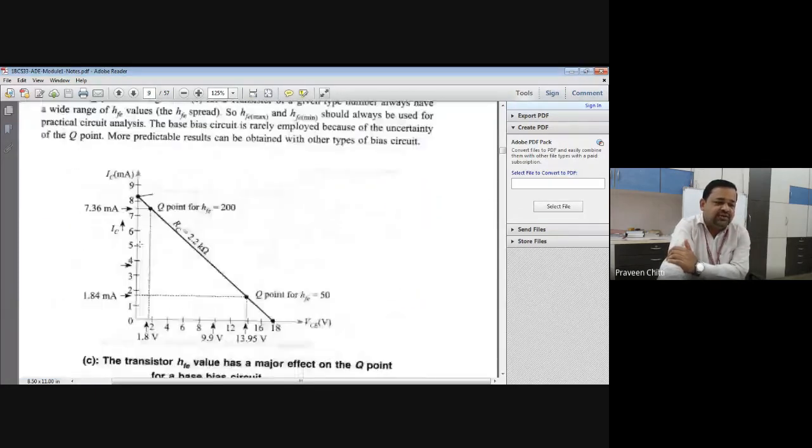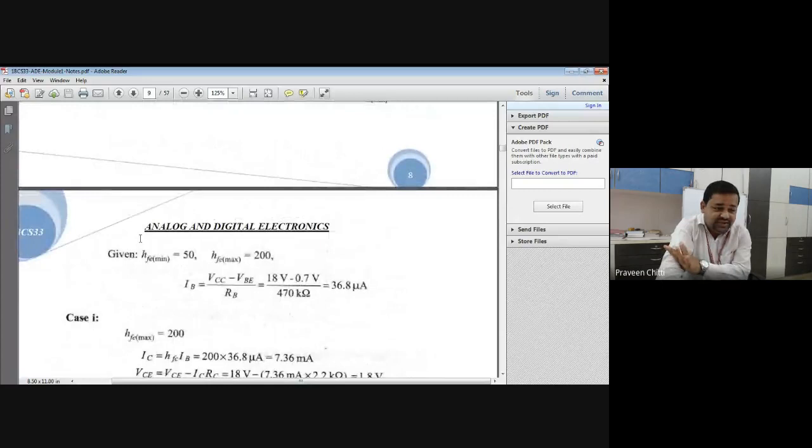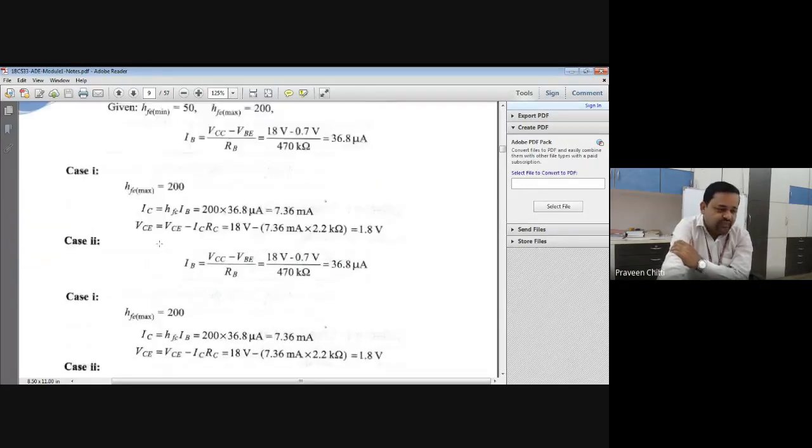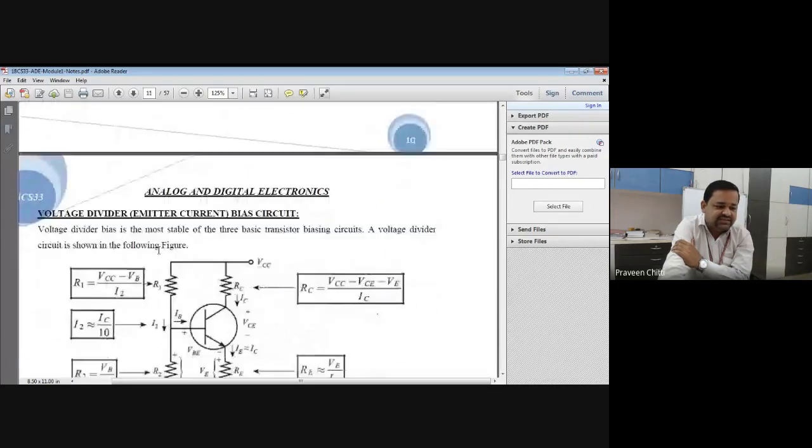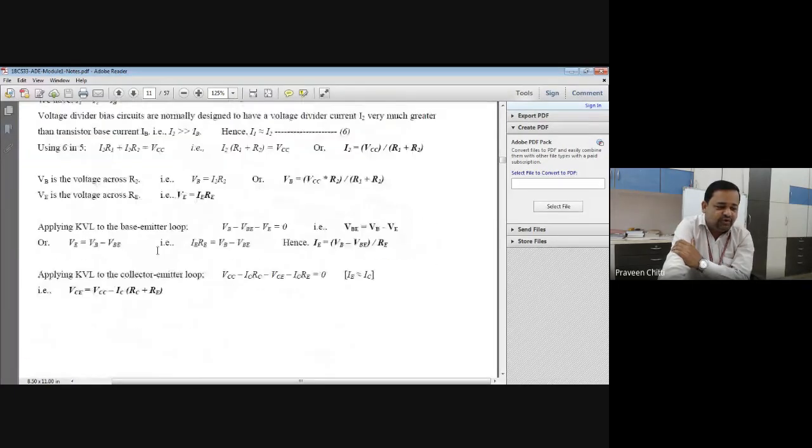So that's all about transistor biasing. Again, I am repeating, I have not gone into the details of biasing. Whatever is required from your examination point of view, I have covered. Here you can see around 2 to 3 pages of notes are given to you. You can just go through that, and if you get this question, you will definitely be able to attempt it in your examination too. Right? With this, we'll close the discussion on transistor biasing. That is the second part of this module 1.